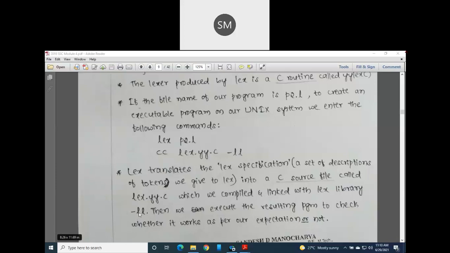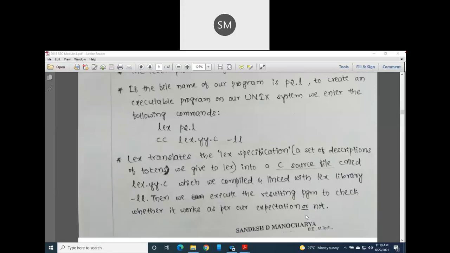Then we execute the resulting program to check whether it works as per our expectation or not. For that you will give one more command, ./a.out. So you should understand all these things, guys.